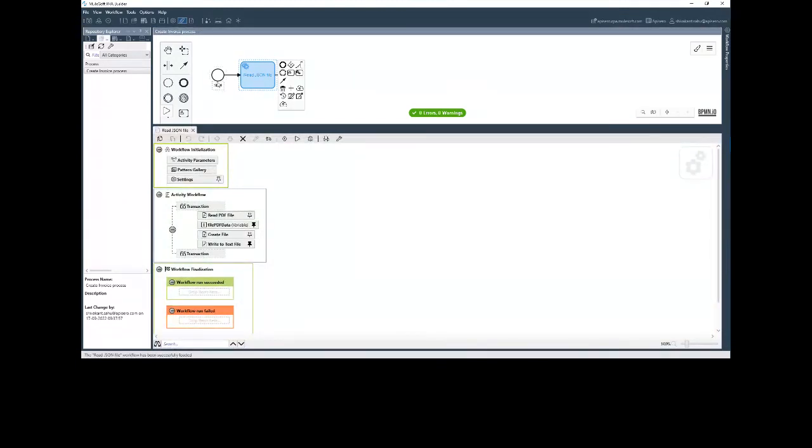So once you double click on this, this is a start, right? Of course, this is a start. There is no workflow associated with this. Actually, there is workflow associated with this process. Now, what I have done here is, these three things will be here: workflow initialization, activity workflow, and workflow finalization. So every activity here will have this defined, this workflow defined. What this process can do will be defined basically.